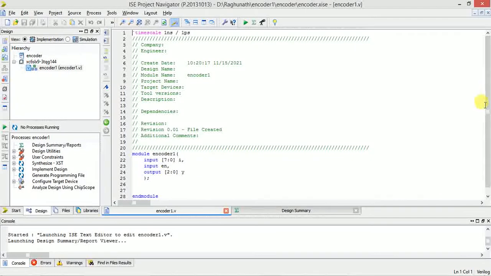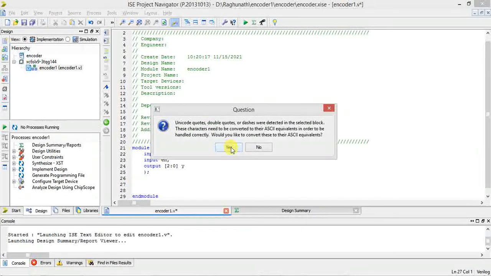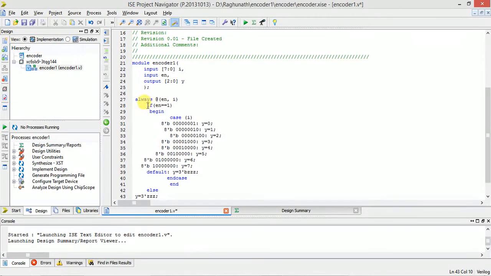By default all this code will be there, so here you have to type the code. I'm typing the code here. Always at enable comma I. There is no semicolon here, so be careful. After always, no semicolon should be there. After always, if statement.